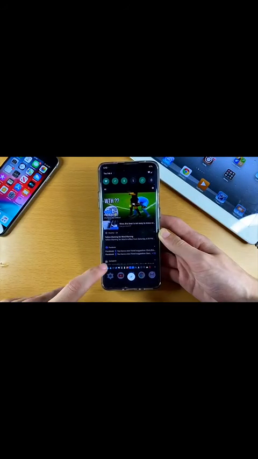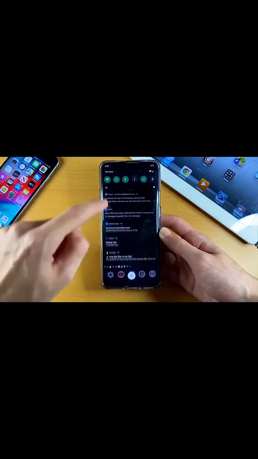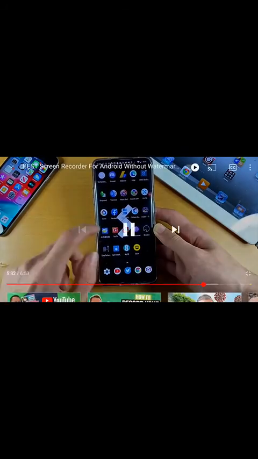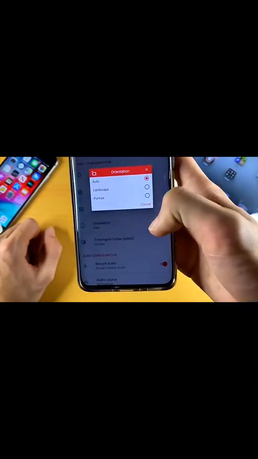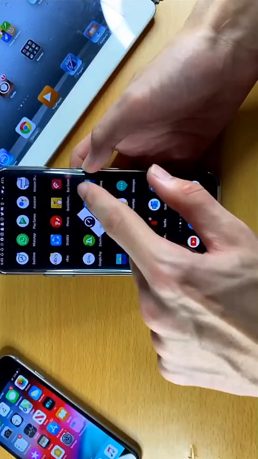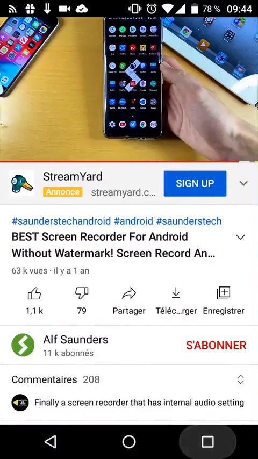How do we stop the screen recording though? Well, we swipe down for the notification center, and we want to find the screen record icon right here, and we tap on it and this will show you a preview of the video, but the settings, and you see orientation. If you're playing a video game, then you want to change this to landscape mode, otherwise you're going to have that really small picture, which you're going to have to edit out yourself. You could see that earlier,